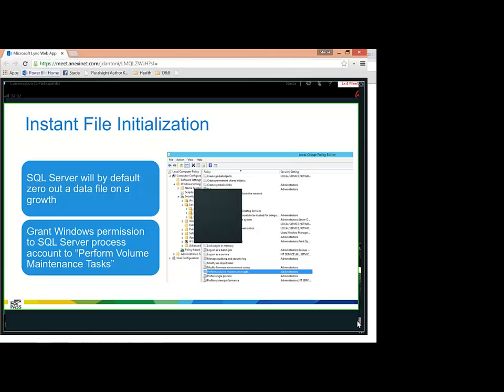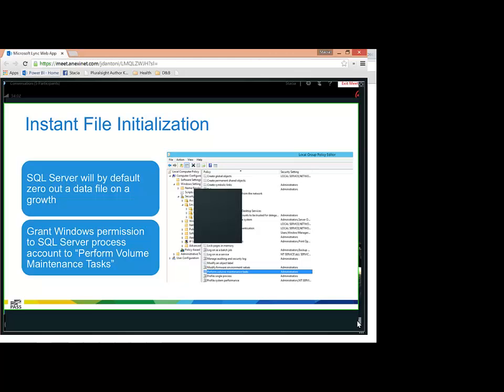The way I like to configure this, though, is to work with the Windows team in my organization and have this set for whatever the account that's running SQL Server is in my org. So your SQL Server service account, I like to have this set at the Active Directory level so that it's just a group policy so that no matter what SQL Server you build, you know that your service account's going to have this